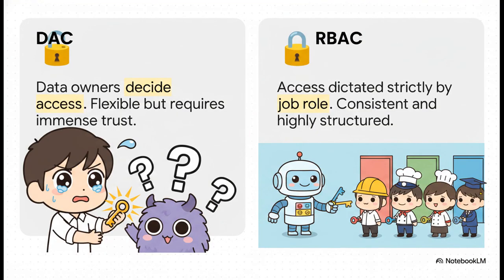Now, back in the day, a lot of organizations relied on something called discretionary access control, or DAC. This is the old, really risky way of doing things where individual data owners just use their own discretion to hand out access. Sure, it's flexible, but it requires a massive amount of trust, scales terribly as you grow, and inevitably leaves gaping vulnerabilities. To actually meet modern standards, we have to transition to the ISO-compliant, highly structured approach known